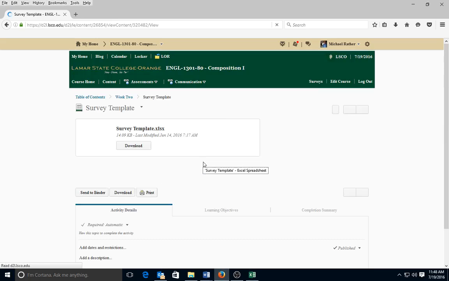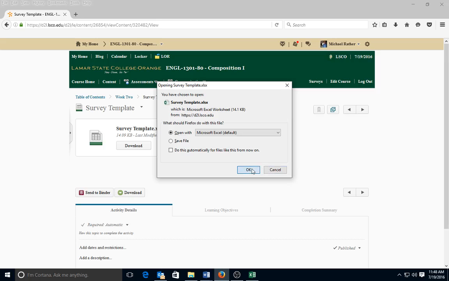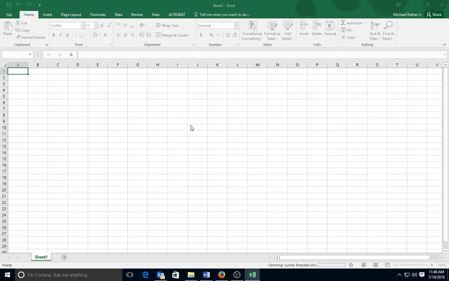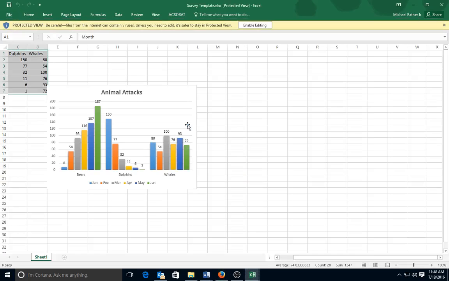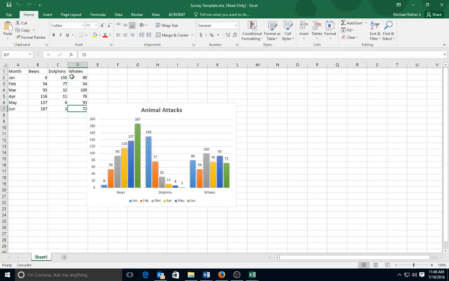And there's a survey template. Let's download that template actually. And it's already set up for animal attacks, as practice. But you can change this, so you can change this little section here, enable editing, and you can delete all the information.